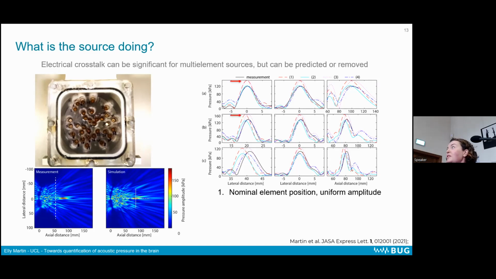When you make this assumption that they all vibrate the same, you get the wrong answer, basically. If you look at the red arrows at the top, we overestimate the amplitude compared to the black line, which is the measurement, and the steer positions are pretty wrong. If we try to make some prediction of the electrical crosstalk between the different channels, which we did by steering